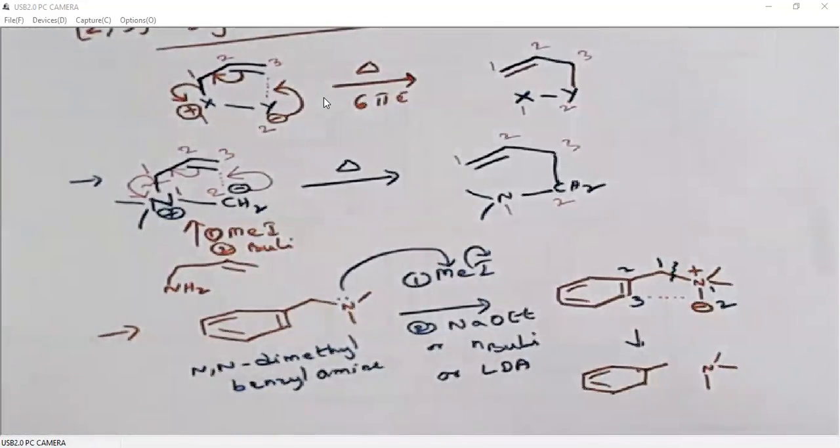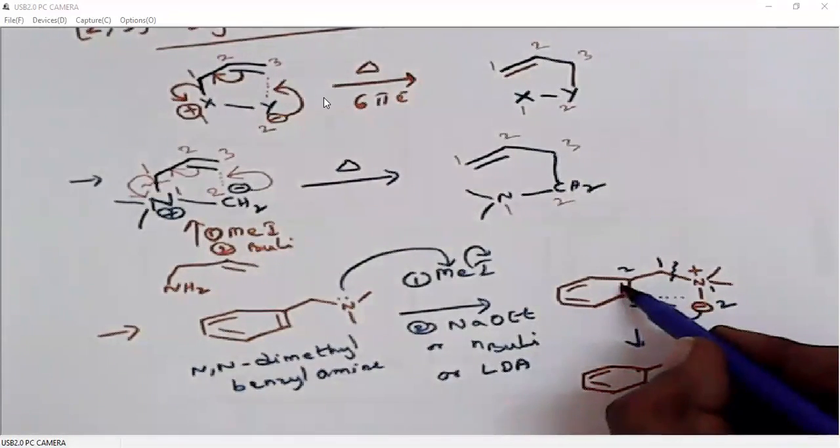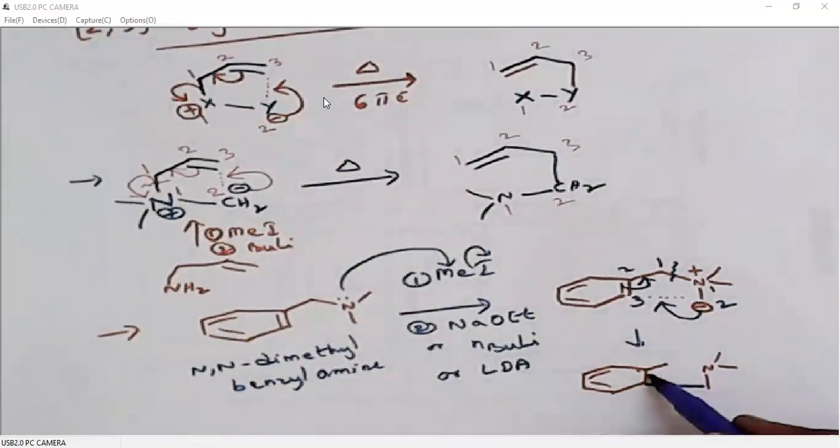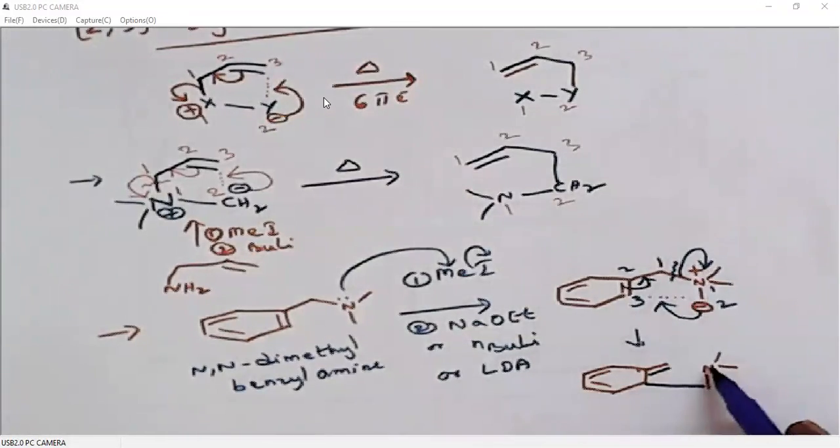Now what we are doing, we are forming a bond between these 2 systems and breaking a bond between these 2 systems. How? I'll polarize the electrons and show you. This negative charge is polarized towards the benzene ring. Then one of the double bonds in the benzene ring is polarized to make a double bond here. Then this bond will break and polarize towards the positively charged nitrogen, so that it becomes neutral.